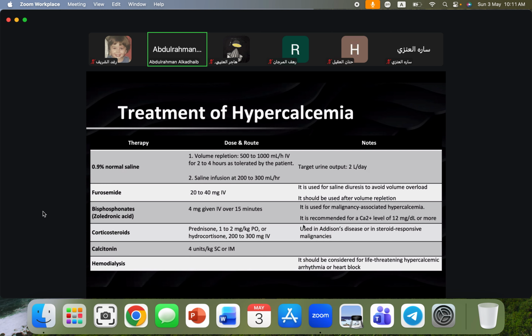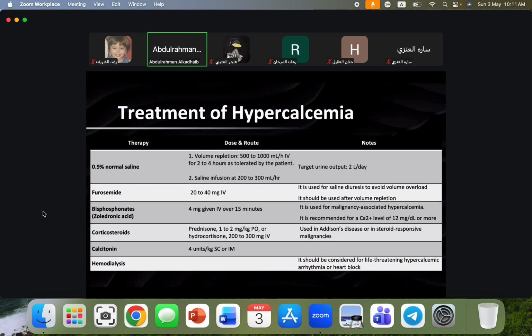In cases of endocrine causes or steroid responsive malignancies such as multiple myeloma, we can go for corticosteroid such as prednisone or hydrocortisone. All of those 3 medications, in addition to calcitonin, inhibit the destruction of the bone and inhibit further release of calcium into the blood,